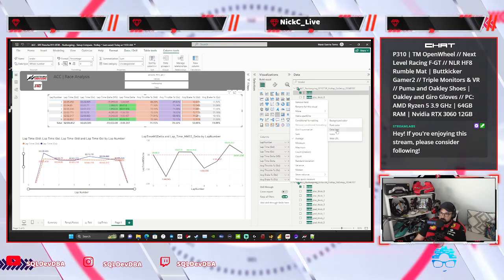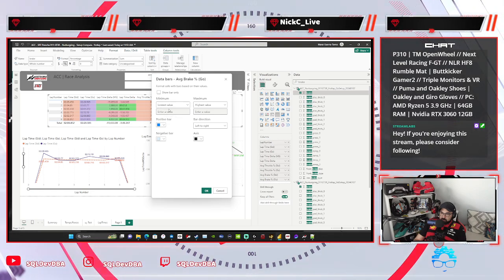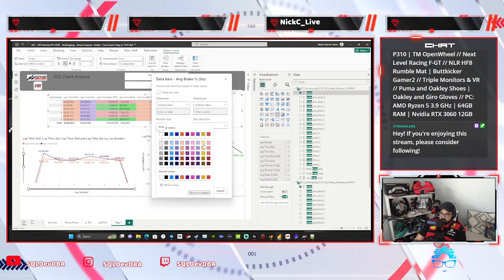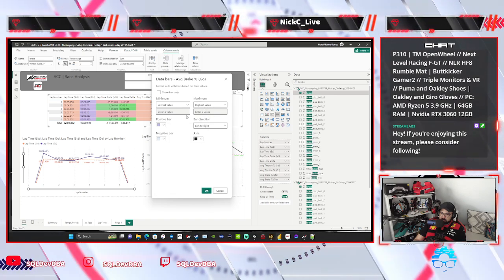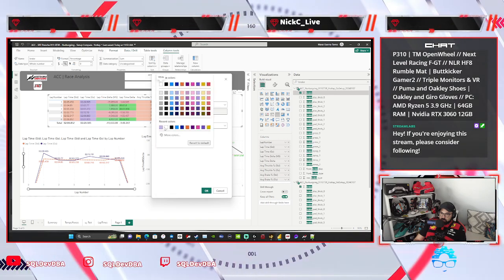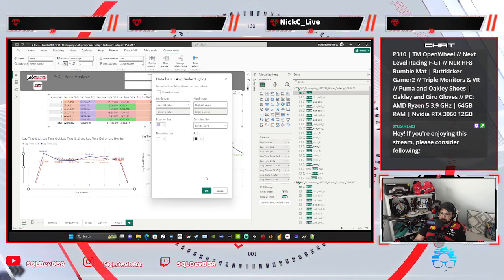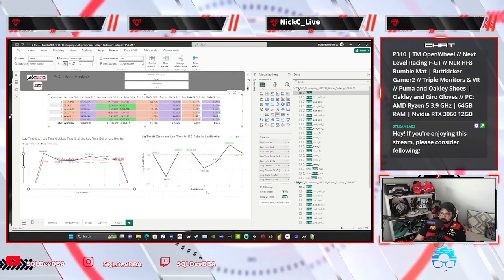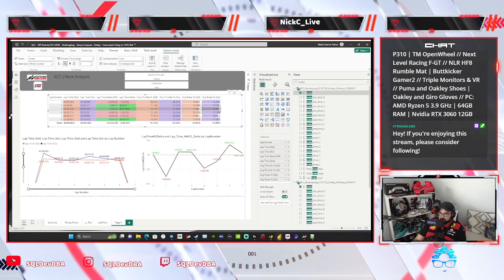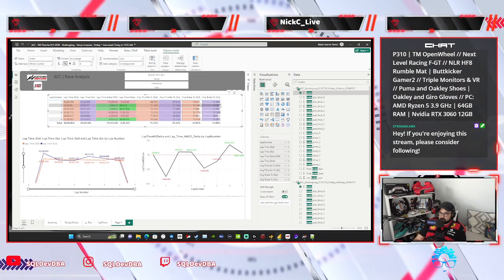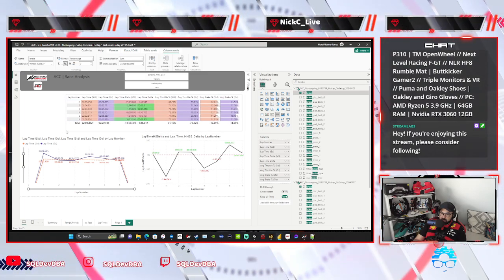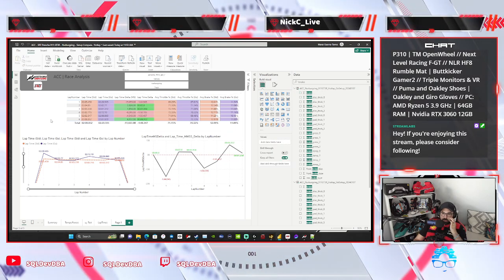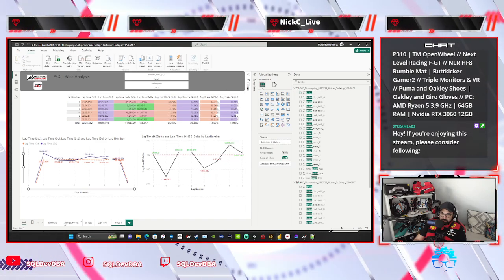conditional formatting, data bars, we want to have that be purple. So there's purple. This will be white. And hit OK. And now we can see, kind of as a mini graph, we can also see right here. That's pretty cool. So we're going to make this a little bit smaller because I want folks to be able to select a lap number